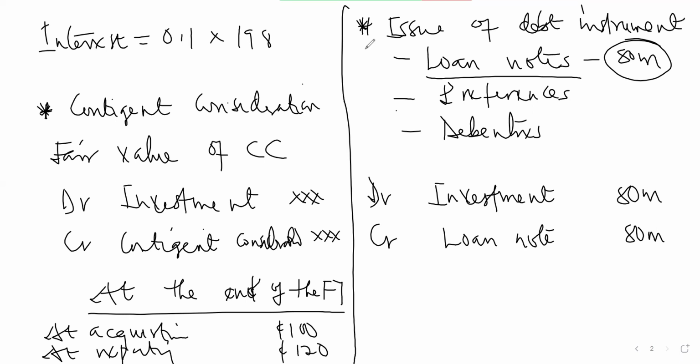Then you calculate the interest because the question can just give you the nominal interest rate, which will be 8%. Okay, this is the interest on the nominal value. This is the interest that you are paying on the 80 million. So it means that if the transaction cost is 8 million and you are taking a transaction cost from this, the interest that you'll be calculating will be lower. That is not the actual interest. The actual interest should have been 8% on the 80 million. Okay, but you have incurred issuing cost of 8 million. If you are taking the issuing cost over here, from this one, you'll be having 72.